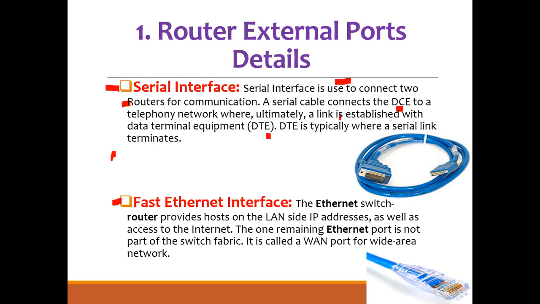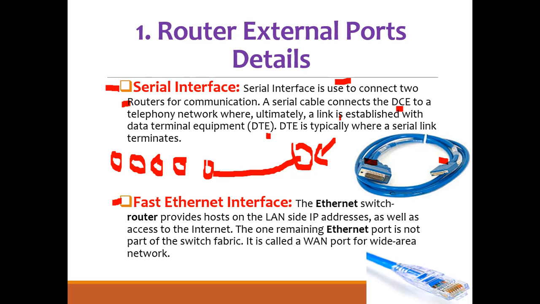Suppose this is my router, take an example. This is my router, this is another router, and this is another router, like I have 5 routers, and here I have the ISP. So the data is coming from the ISP using a serial port, right? A serial port has two endpoints, one here and one here. Now which end will be DTE and which end will be DCE? When the data is coming this way, this is your DCE and this is your DTE. Again the data will come here, so this is DCE and this is DTE.